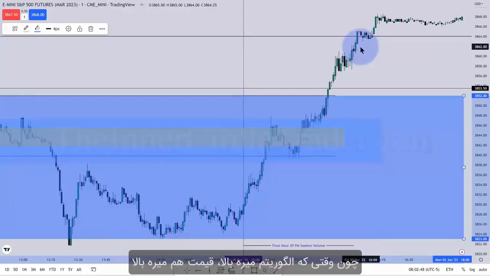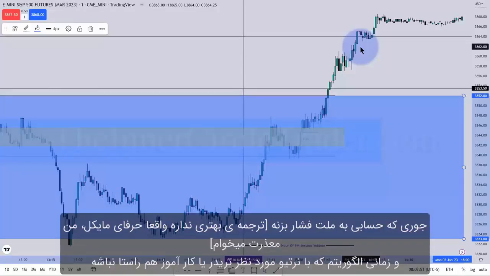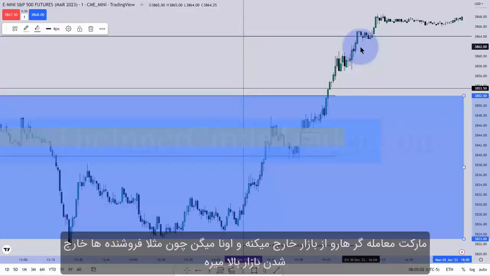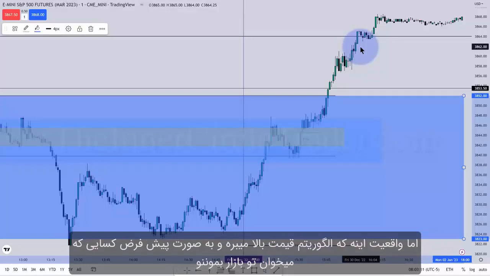That doesn't matter. If the algorithm is going higher, it's going higher, and it's going to squeeze you out. Now, when it doesn't suit the trader or educator's narrative for why their pattern didn't work, they will fall back on, well, it's because there was a short covering rally and the market squeezed traders out and short covering made price go up. No, the algorithm is pricing higher, and as a default,